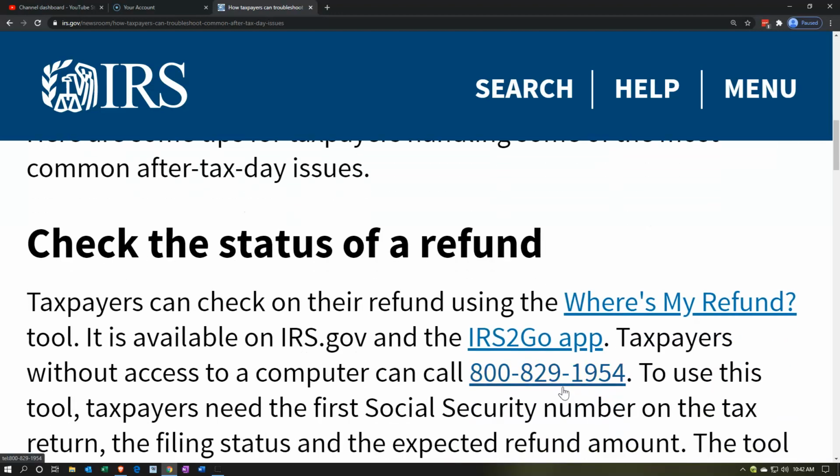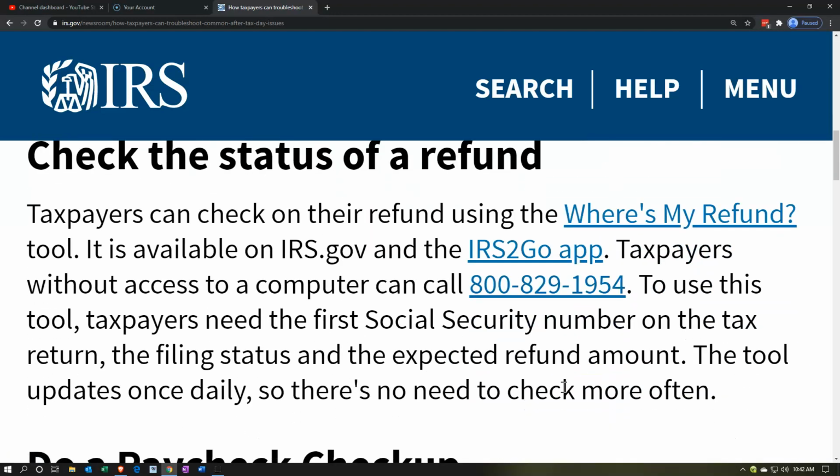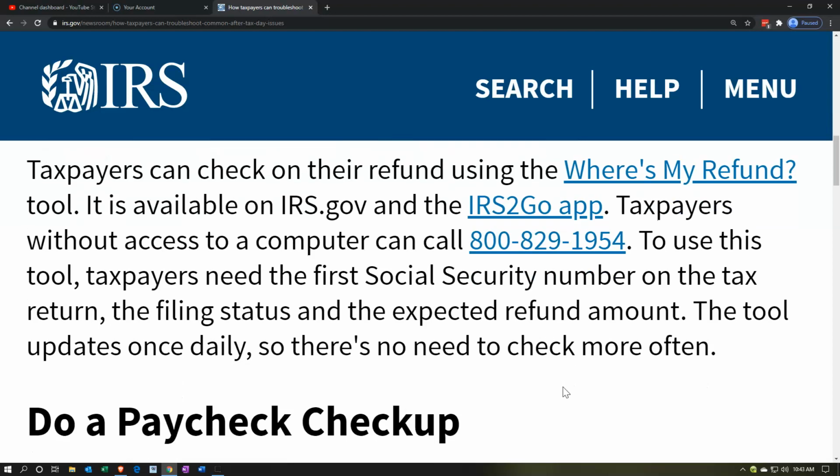Check the status of a refund. Taxpayers can check on their refund using Where's My Refund? There's a link to that tool here. It is available on IRS.gov and in the IRS2Go app as well. The IRS2Go app has a link here as well. Taxpayers without access to a computer can call